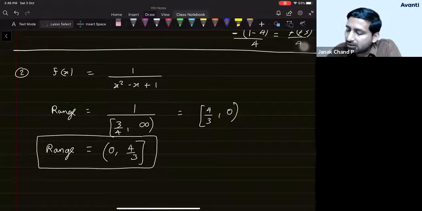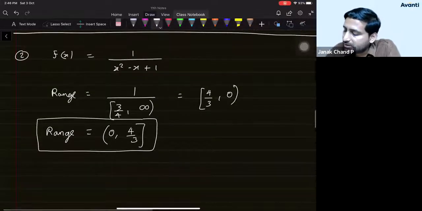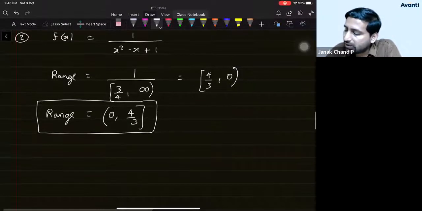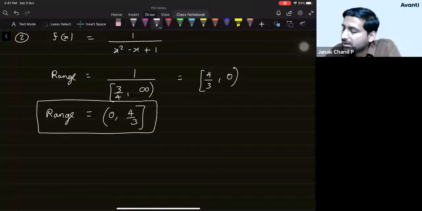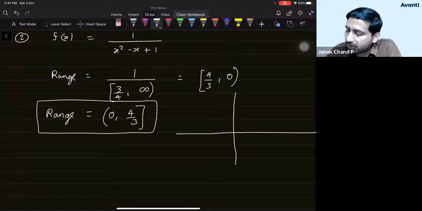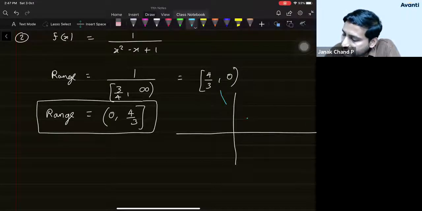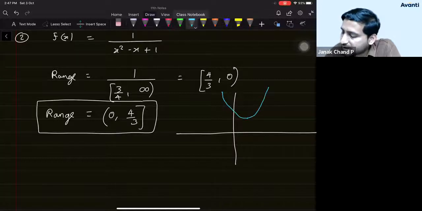Okay, fine. So students, see, this is basically the reciprocal of the previous one. So there's a technique involved here. I think I have already told you that in the trigonometric equation also. I hope you remember. This will be a recall for that. So if this was the graph of the previous function, that is x square minus x plus 1, then we want the graph of its reciprocal.